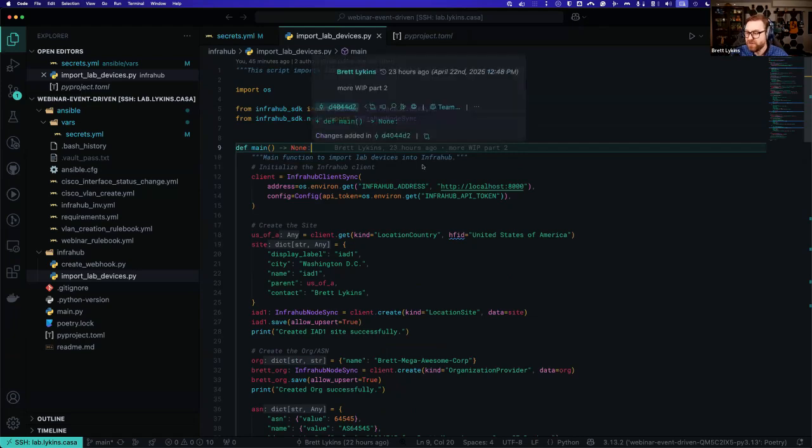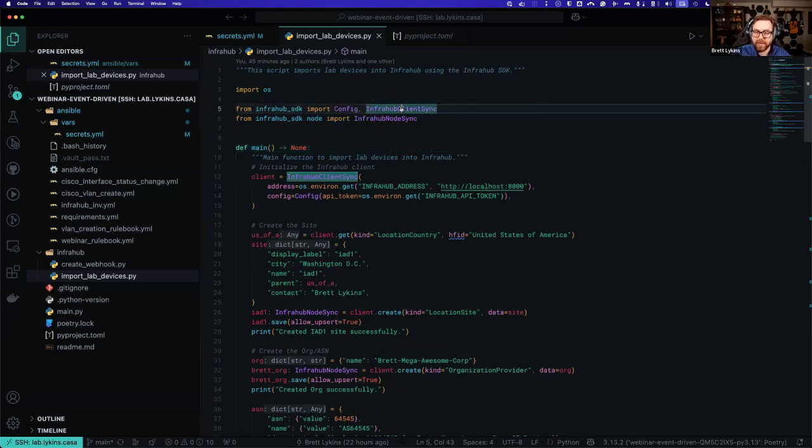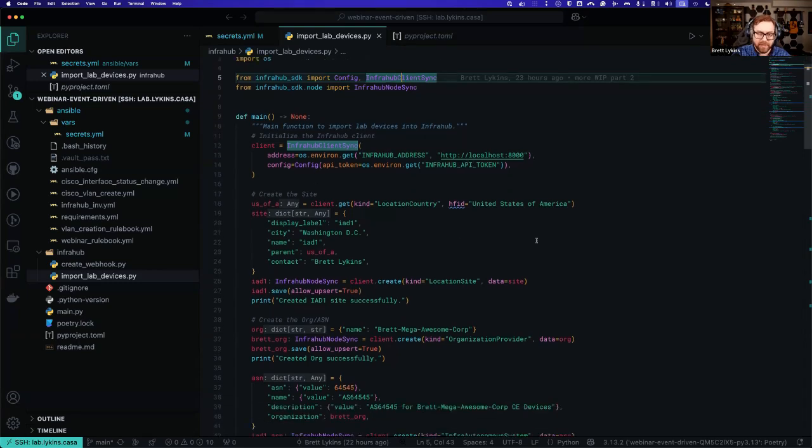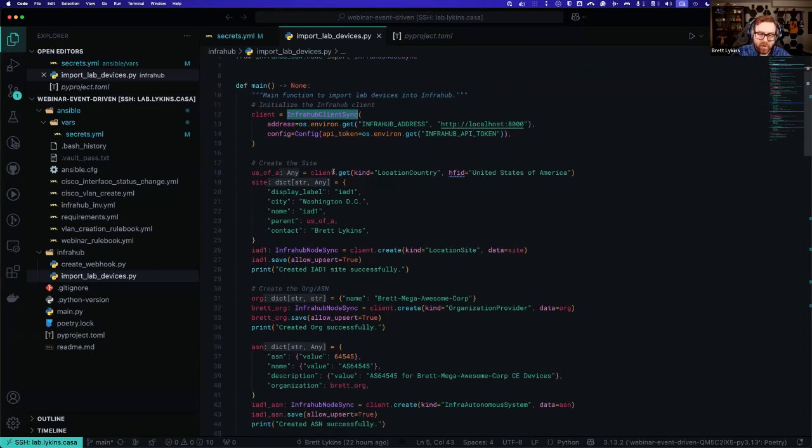The SDK itself is fairly straightforward in that way. It allows you to interact with the things in Infrahub. So for example, I'm bringing in the Infrahub sync client. There's an async client for doing things in production at scale. I'm using just the synchronous client because, again, this is just a demo and I'm putting in 2 devices. So I don't need to be asynchronous here and in parallel. So create the client, tell it about my Infrahub instance, give it the token, and then you could actually start